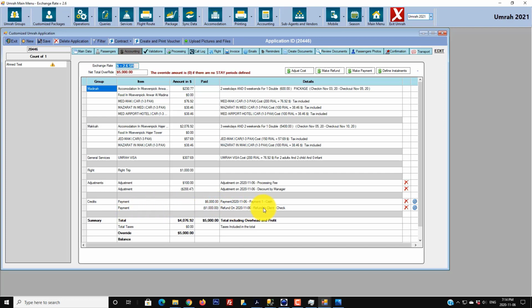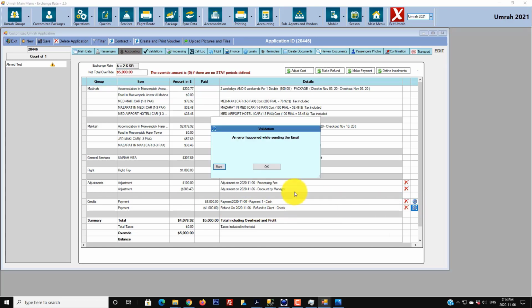Now we are going to see another line added here. It's saying refund by check. Again, there's an email button so we can